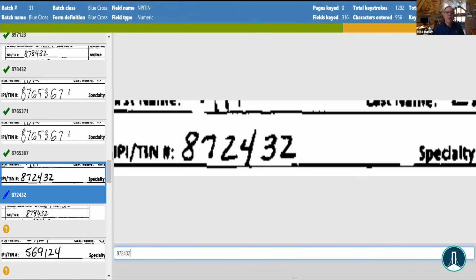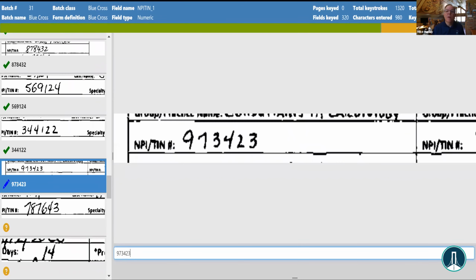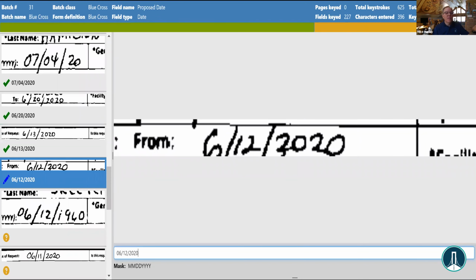I just want to give you a feel for how quickly you can walk through this, or a clinical ops person could do this. Reading a PIN, a TIN or an NPI, and bouncing that up against your TIN or NPI database can be critical. And we can walk through this numeric data really quickly. Dates, same way. By the way, for this demo, we had it set up so that it stopped on every field. Typically, you're only going to see the ones that fall below a particular confidence or broke a business rule, but I just want to give you an experience of that interface.